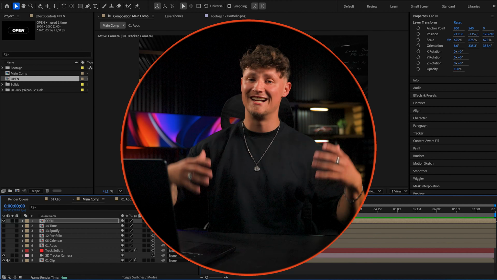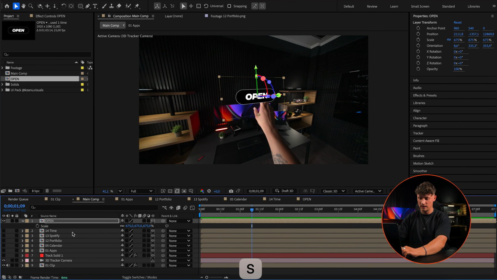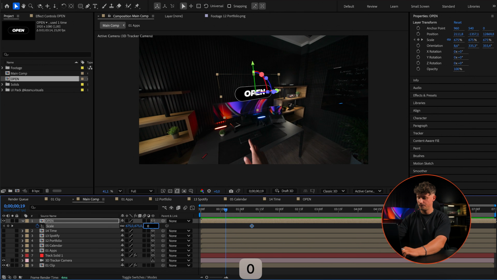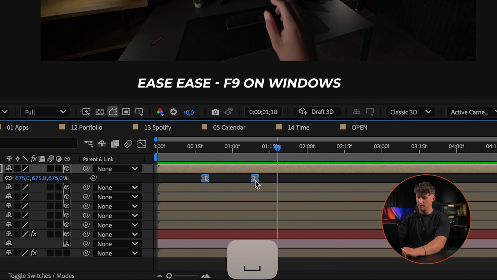And now we can start animating. And then at the end, when we have everything animated to the choreography, we can turn everything into glass kind of shapes. Let me quickly open up scale here. So boom, it goes from 0. Now we can easily ease them. Boom, up, maybe a little bit earlier.